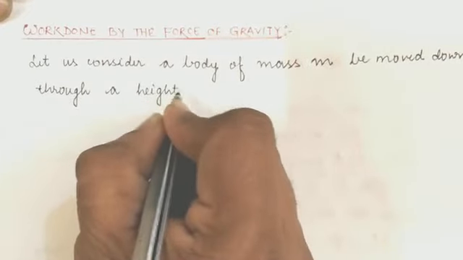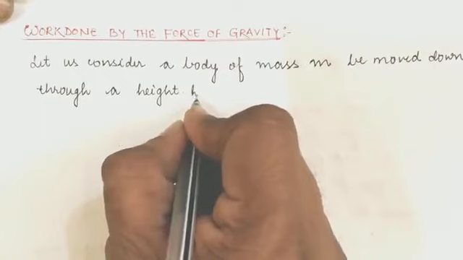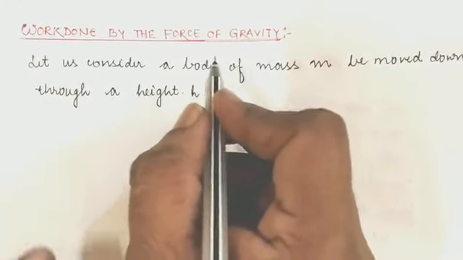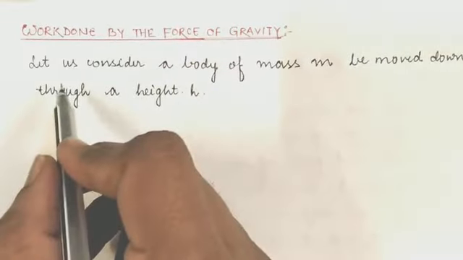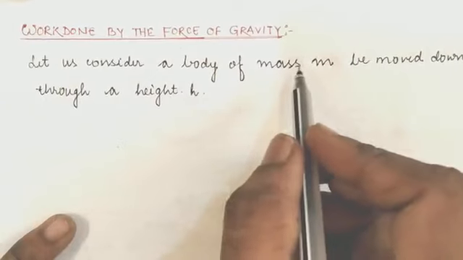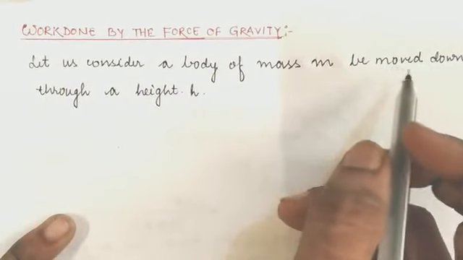Okay children, what we are going to do? We are going to calculate the amount of work done under the application of force of gravity. So what we have considered here, let us consider a body whose mass is small m is moved vertically downward